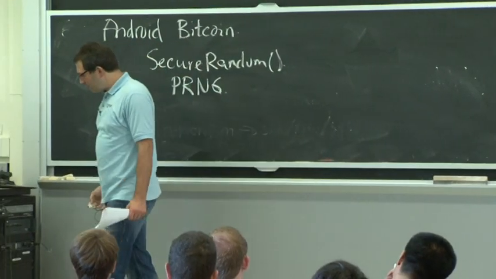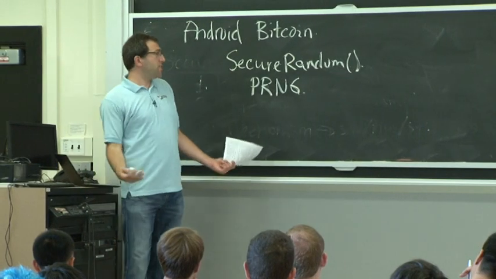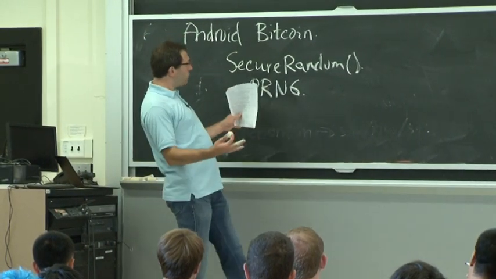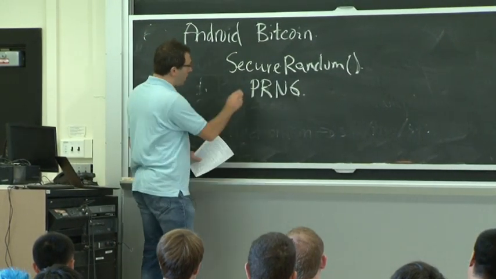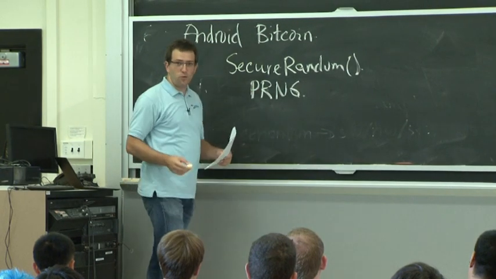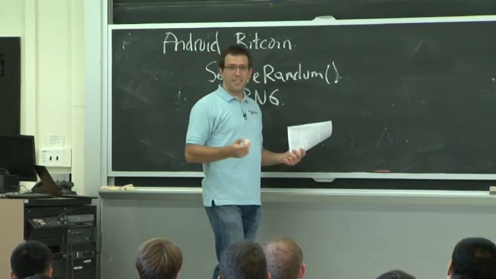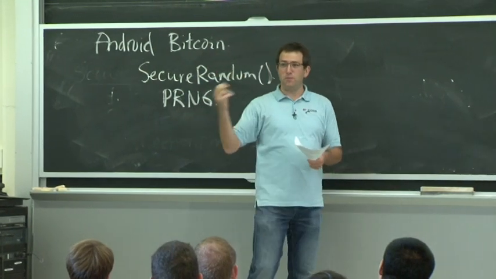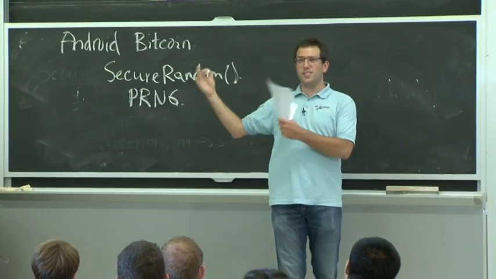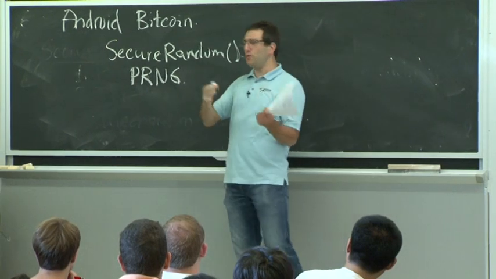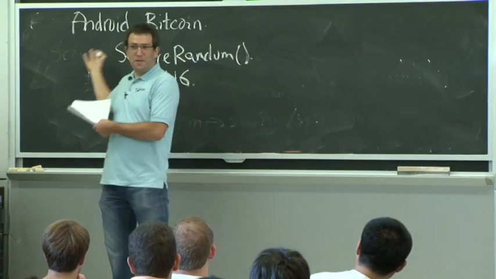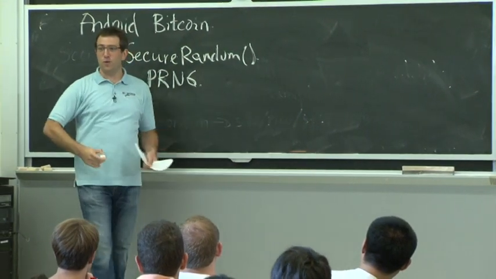But the problem is that this Java library had a small bug in it. In some set of circumstances, it forgot to initialize the PRNG with a seed. So it was just all zeros, which means that everyone could just figure out what your random numbers were. If they start with zeros, they'll produce the same random numbers as you, which means they'll produce the same private key as you. So they can just generate the same private key and transfer your Bitcoins.